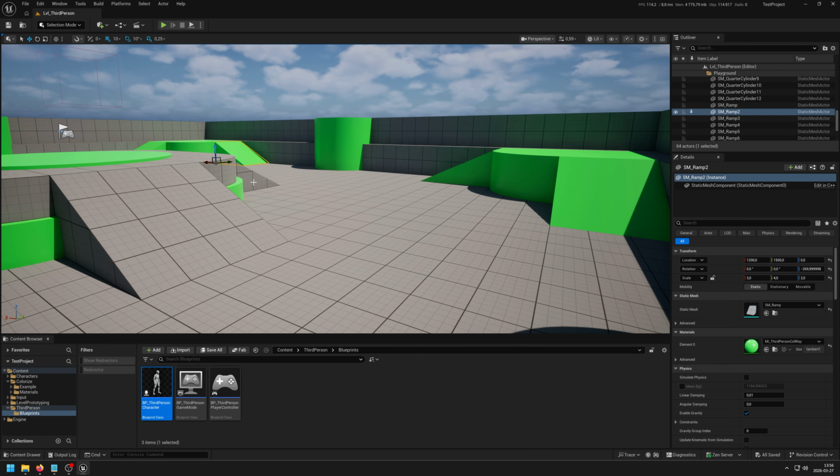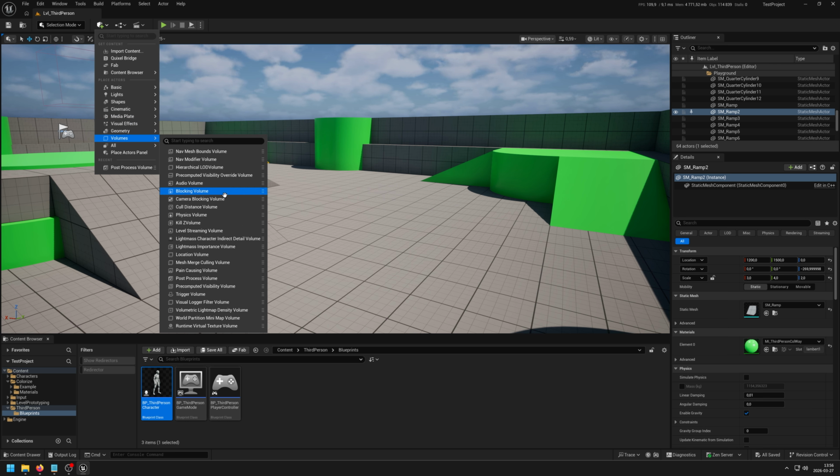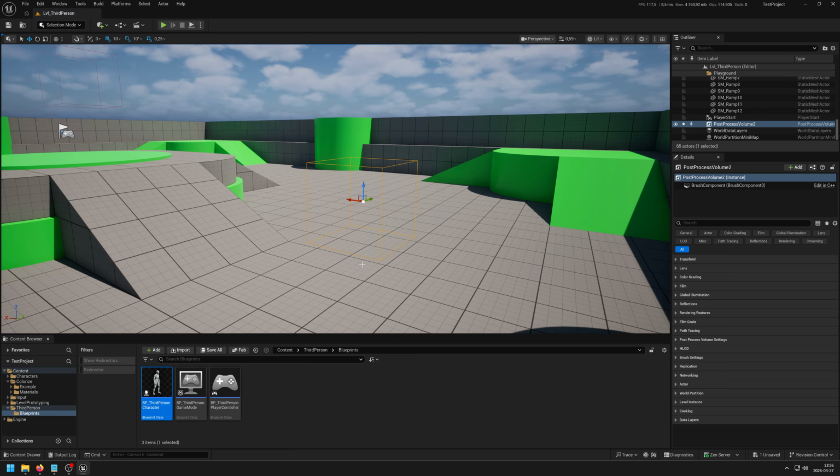To add a post-process material to a post-process volume, first add the post-process volume from the Quick Add menu. You can find the post-process volume under the Visual Effects tab or the Volumes tab. Once it's been added, select it, and in the Details panel, go down to Rendering Features,